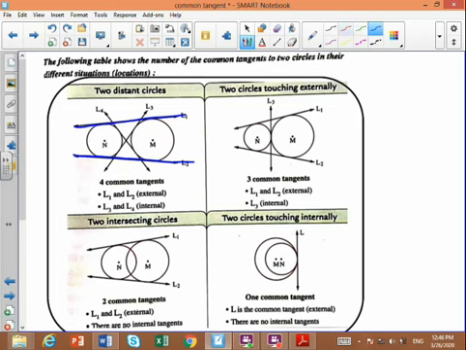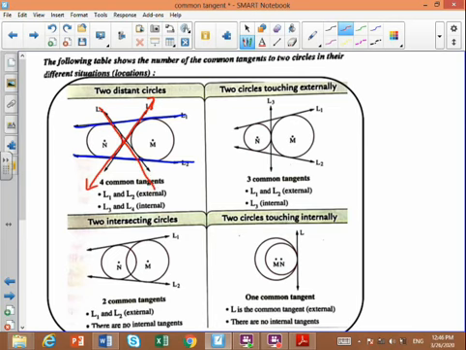What about L3? As you see, L3, M is on the right of L and N is on the left, so they are on different sides of the common tangent, so this is internal common tangent. L4 the same. One of the circles is on the right, the other circle is on the left, so it is internal common